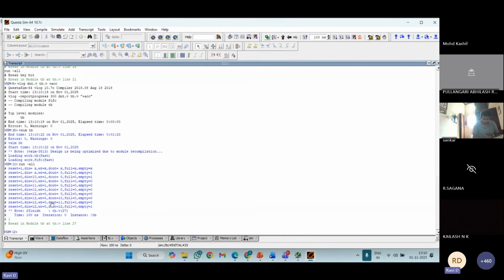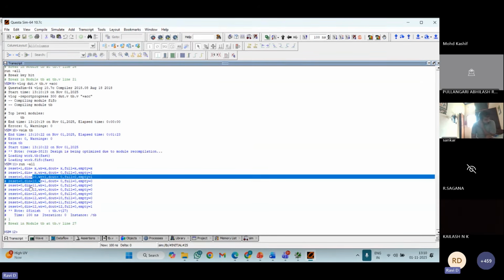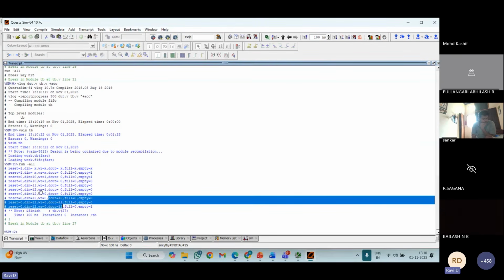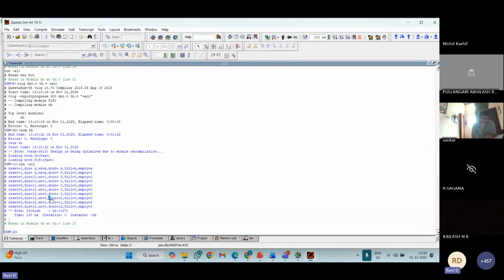If you see here, what we have sent to our memory locations: 10, 11, 12, right? See these D out. What we have sent, we are getting the same. In the first address location, we sent 10, so that is read. In the second address location, we sent 11, so that is read. In the third address location, we sent 12, that also we have read. So this is how we are going to design the Verilog code.